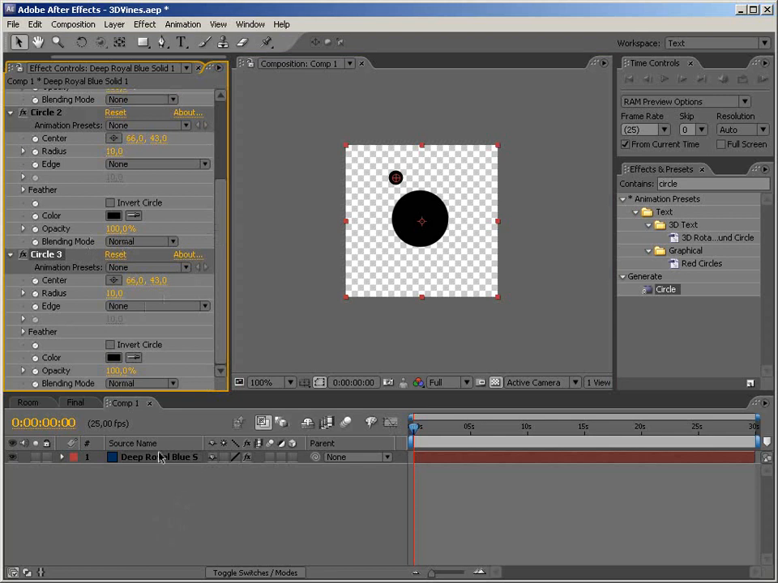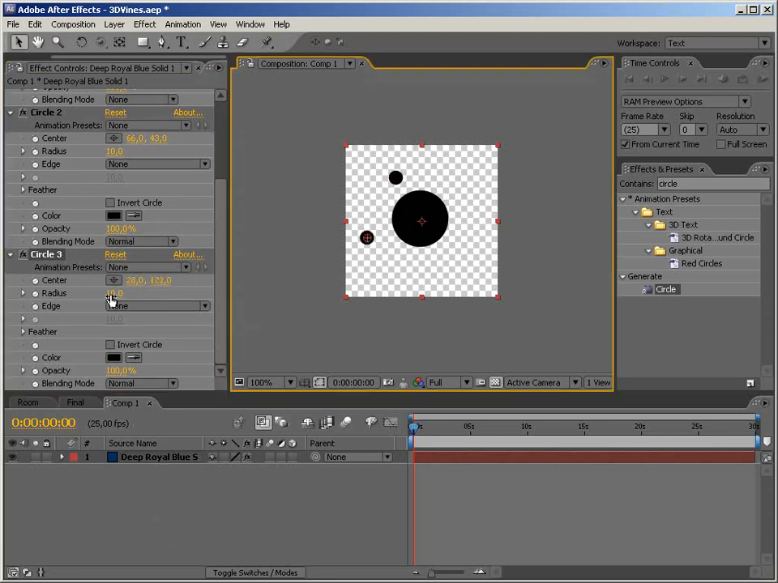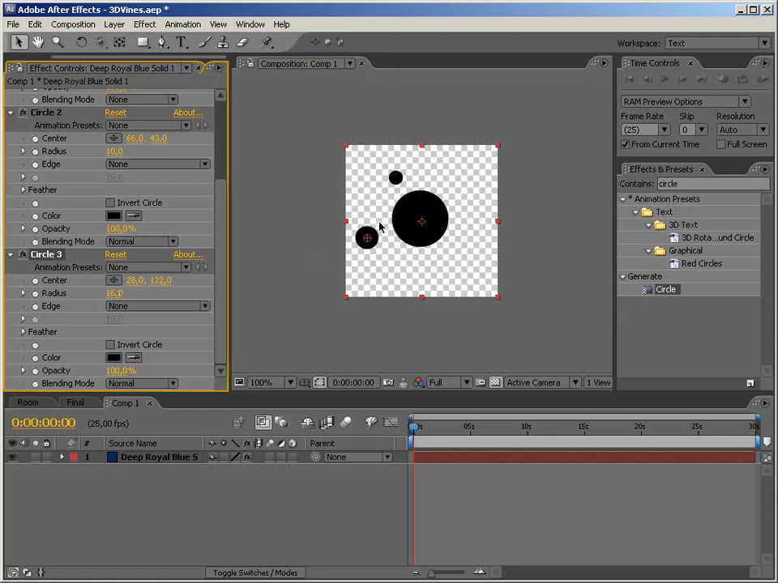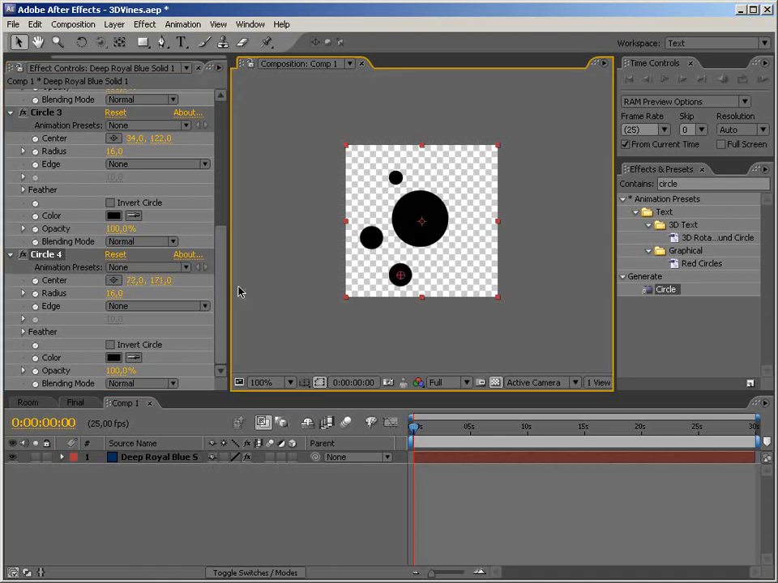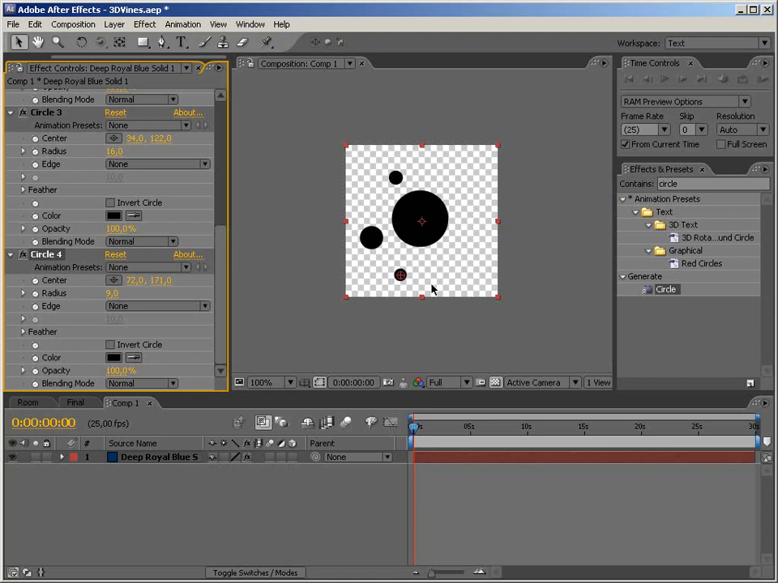I don't like having a bunch of layers sitting around because they are confusing, hard to maintain, and so on and so forth. Okay, so let's create another one and another one. Control D for duplicating the effect, just as duplicating the layer, and Control D again and move it here a